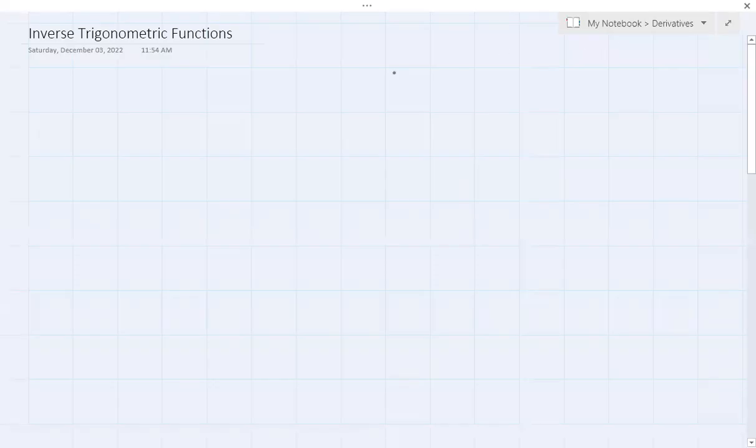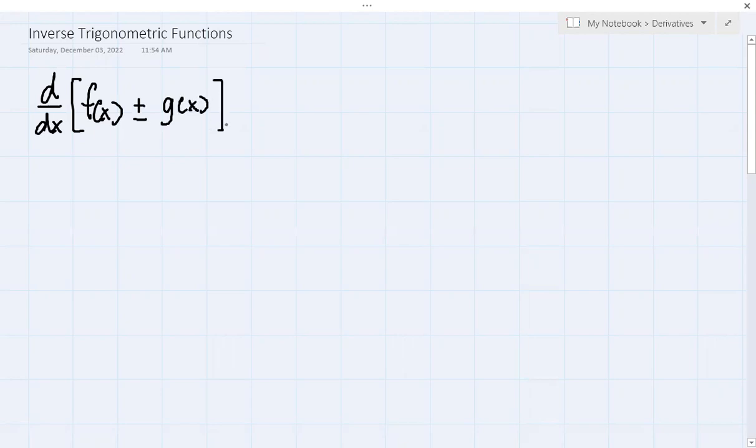So, the next thing we're going to discuss is the application of the derivative of inverse trigonometric functions in the sum and difference rule of differentiation. Kumbaga, yung mga naka-group of terms na sila that are separated by the addition or subtraction operation. Okay? So, I think we've already discussed that. So, basically, ito yung sum and difference rule of differentiation. So, ang derivative ng f of x plus or minus g of x is equal to the derivative of,